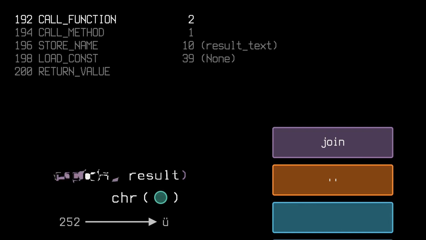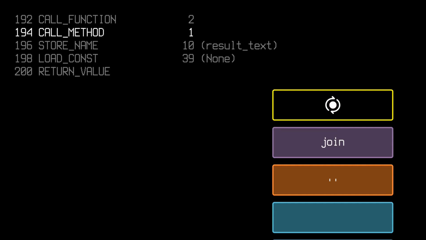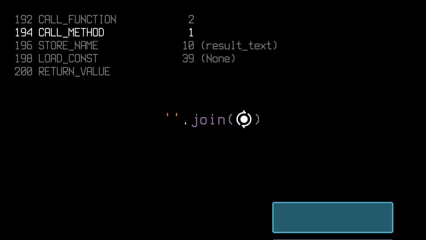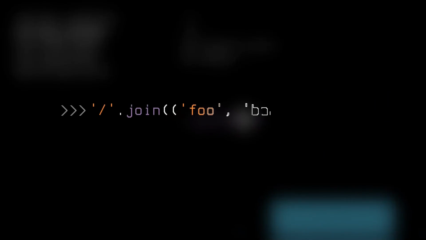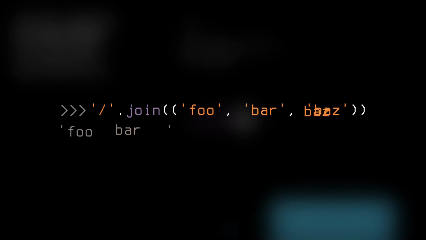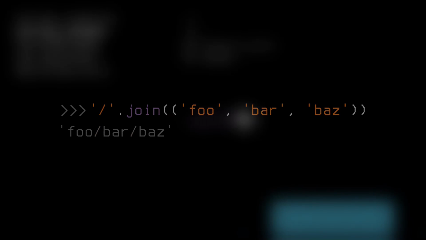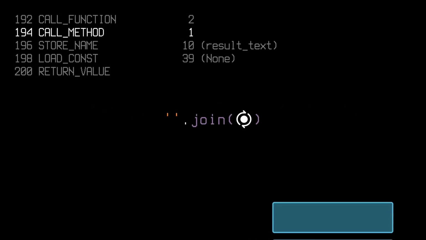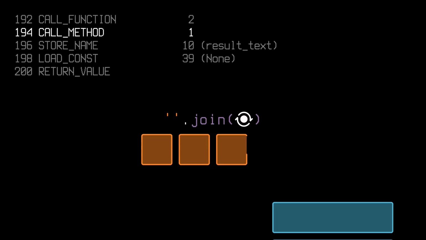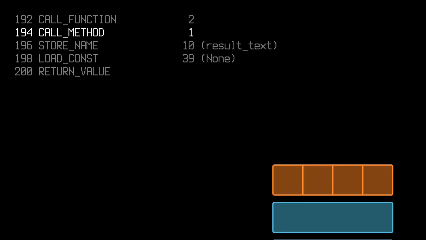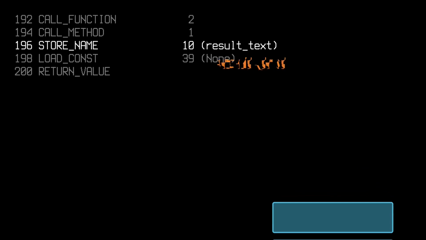To top it all off, we have a finishing call method instruction that calls the join method of the empty string we pushed on the stack earlier. The join method simply joins the characters or strings in a list with the original string as a delimiter. However, since our original string is empty, we just join all the characters back to back. This final string is then stored as a variable result text, and the program ends.